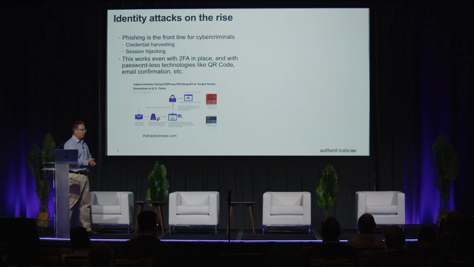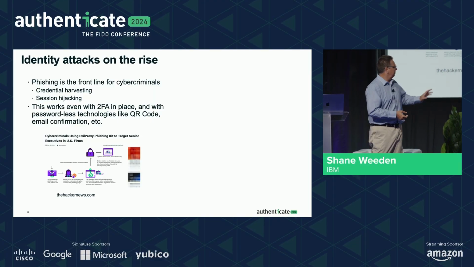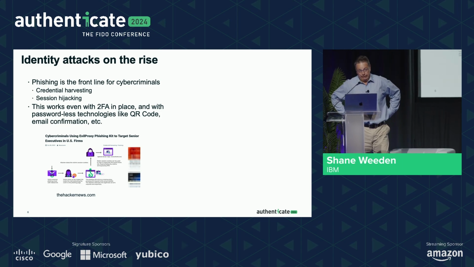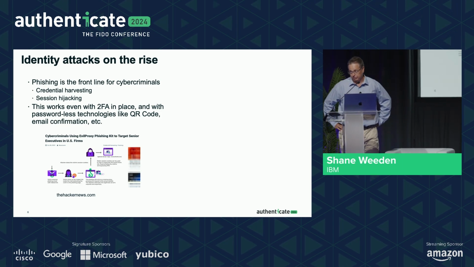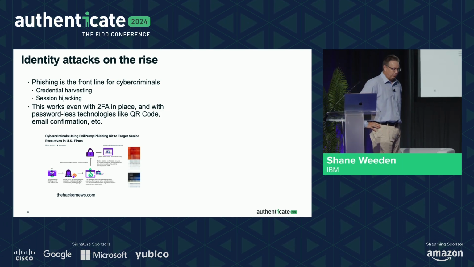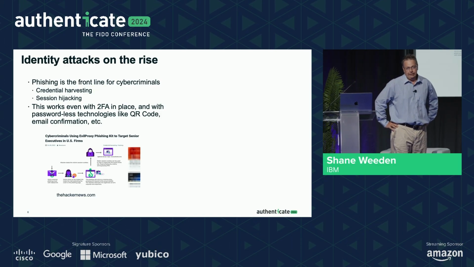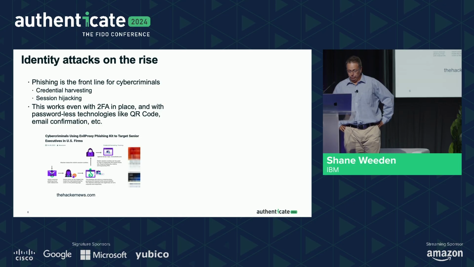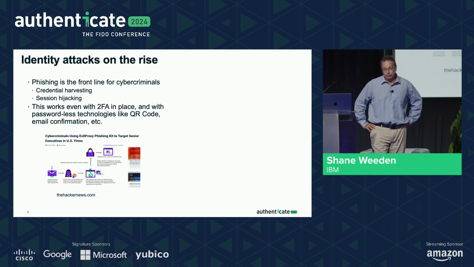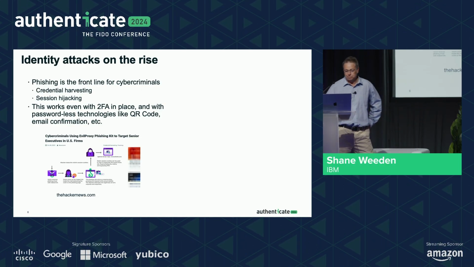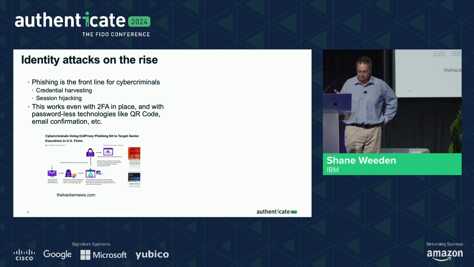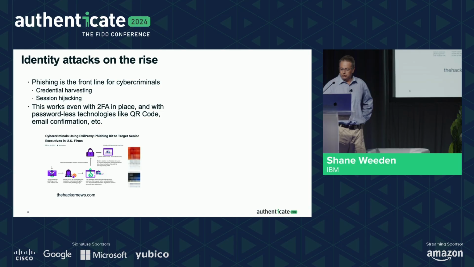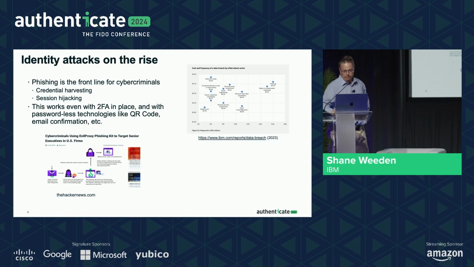You don't need too much reminding of the business case for this, but this tiny little graphic in the bottom left was probably the trigger that kicked the butts of a few people in many companies as to why they needed to get a wriggle on, right? This was a phishing campaign against the C-suite of Fortune 500 companies using a phishing-as-a-service platform called Evil Proxy, of which there are competitors now. But it hurt quite a few people, right? And it shook the tree, and it certainly accelerated our adoption.